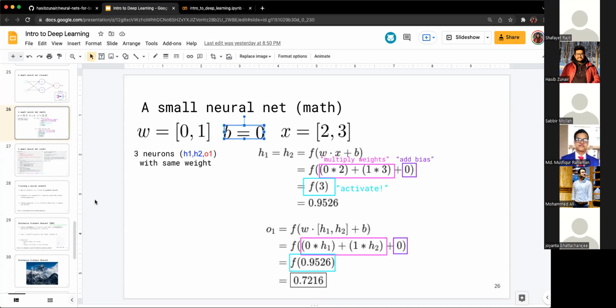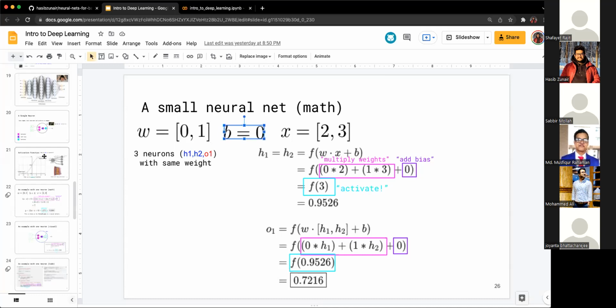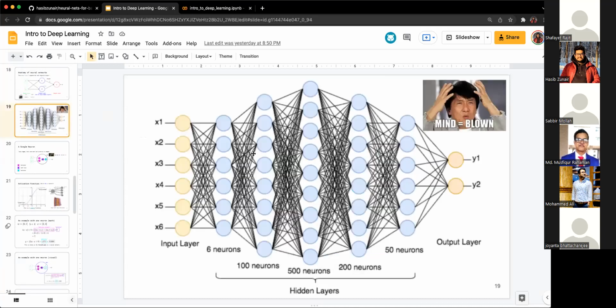In order to do that, where this learning happens, or what we call training, is basically you just adjust these weights and biases. By weights and biases, what I mean is that in this example, there's only one weight and one bias, since we're only considering one neuron. But when you scale it up, for example, if you see this one, it has a lot of neurons, right?